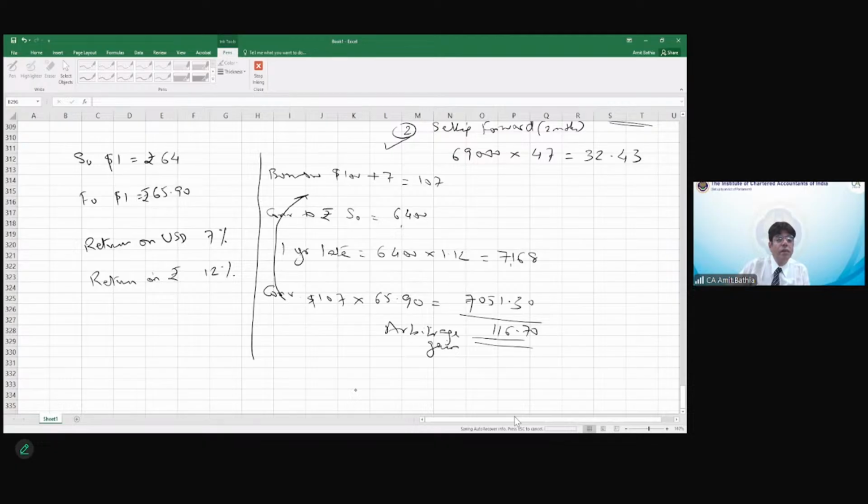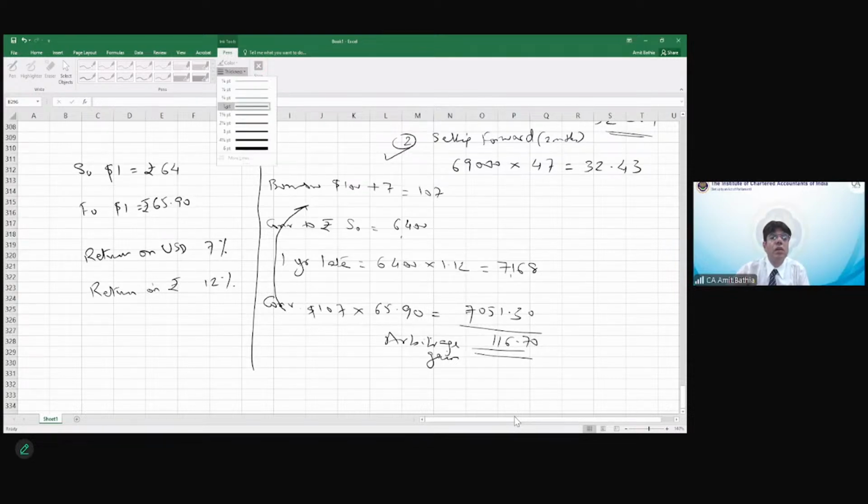Say for example, today I have 100 rupees. Let's say 100 rupees is equal to $1. This is just for ease of reference. Let's say today this is the rate. Now, after a year, my rupee is going to earn, say, 12%, so it will become 112. And in the US, you are going to earn, say, 7%, so this will be